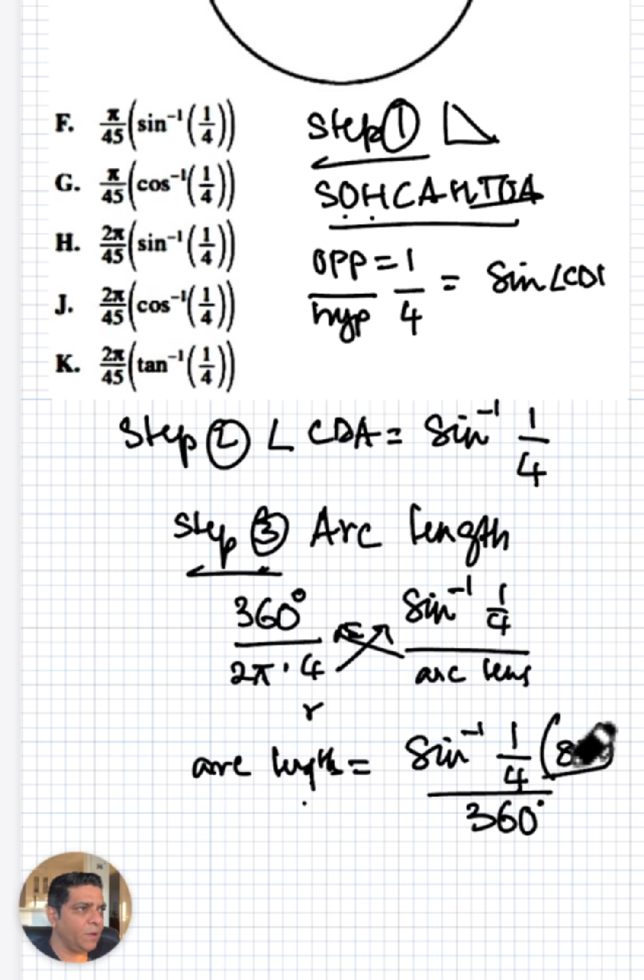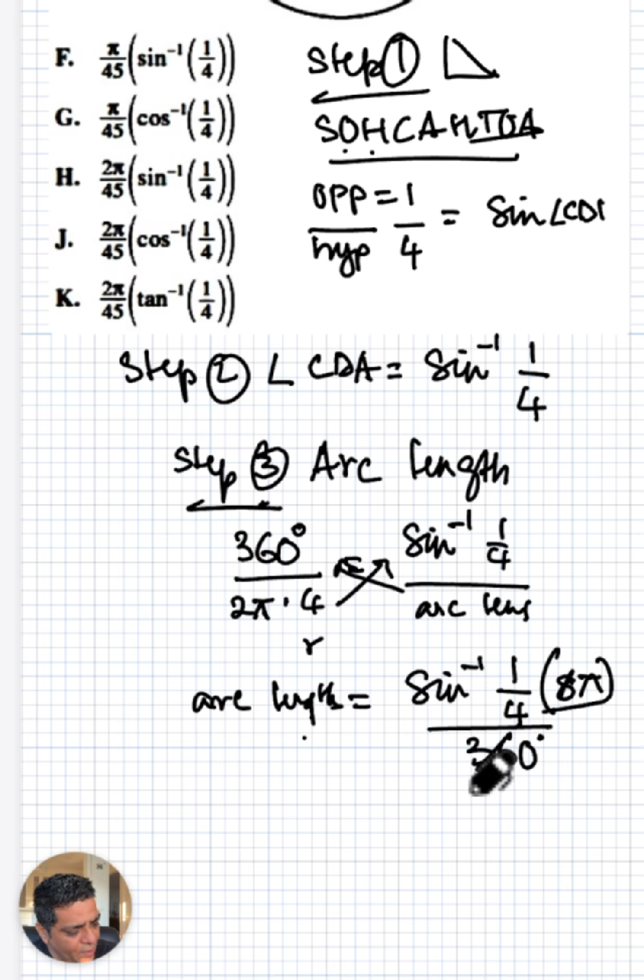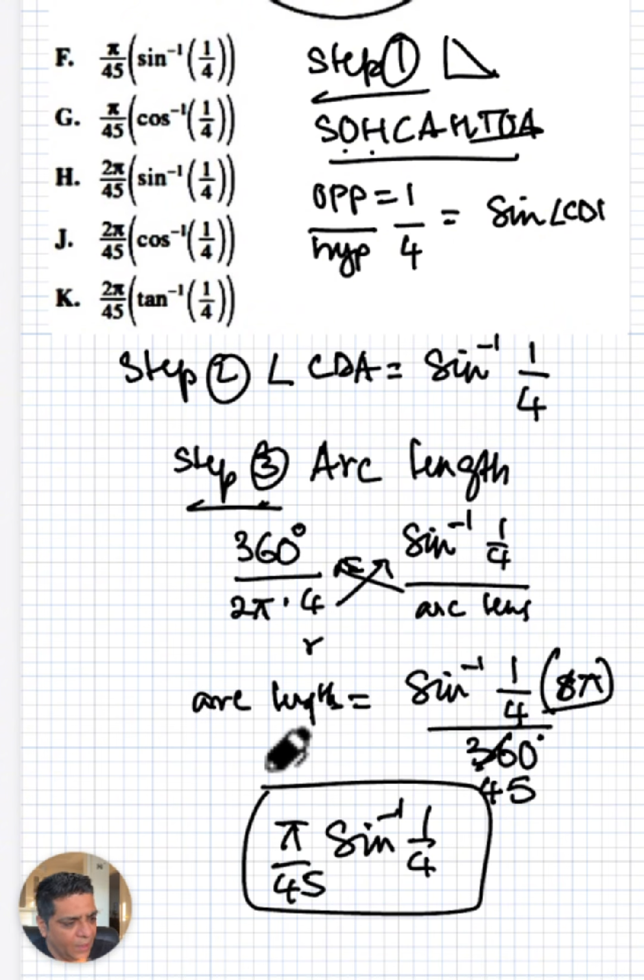Now let's go ahead and simplify that. 8 goes into 360 45 times. So our final answer is sine inverse 1/4, times pi divided by 45. That's going to be our final answer,